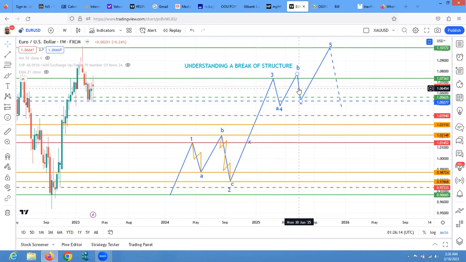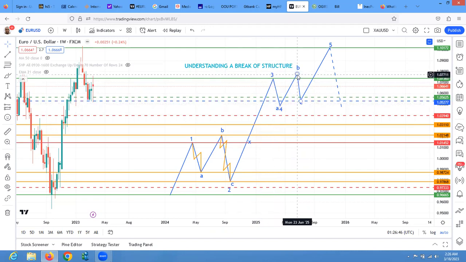And when you are doing your running flat or your extended flat, if this one is extended beyond 123, it doesn't really have to fall on it. Once it's not more than 161.8, it could be a bit short. Do you understand? You still regard it as an extended flat. So you're not looking for that exact figure. It can be at 1.4 something. It's still an extended flat. So you must know that it's not exactly at that figure. So now you have an A. This one goes up.